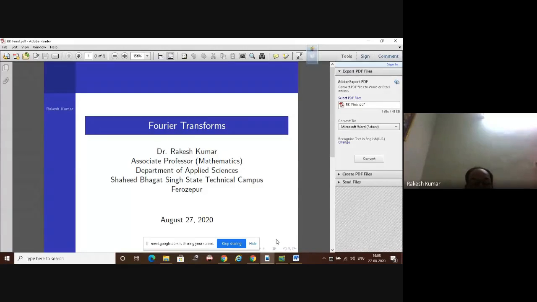In the previous class, we defined the complex form of a Fourier transform, the Fourier sine transform, the Fourier cosine transform, and inversion formulas. And we have also stated a linear property, shifting property, change of scale property, and correlation theorem. So let us continue with the questions related to the topic.